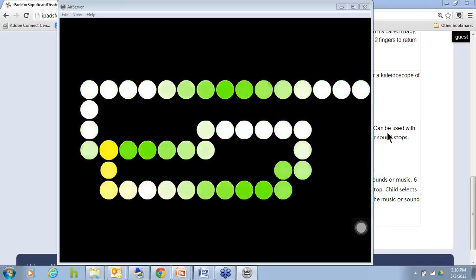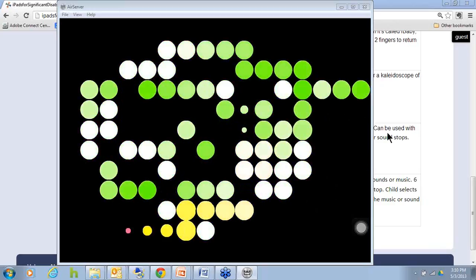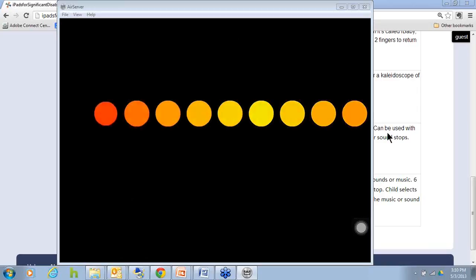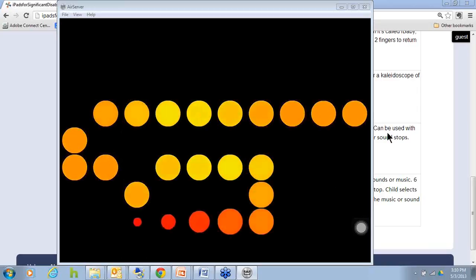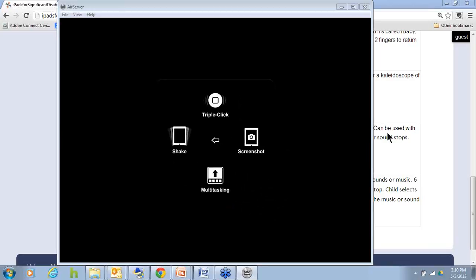So this is sounding a little bit more like fireworks. And you saw that the shape changed as well, and the colors changed. So, 10 seconds. Okay, that's Hidden Grid. Now the other one I wanted to show you is called